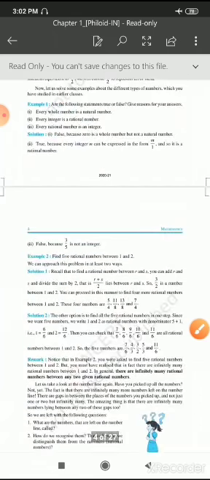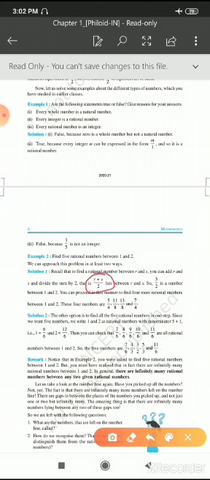And then example 2: find 5 rational numbers between 1 and 2. Here it is a very important concept, finding a rational number between two given rational numbers. If you are given two rational numbers r and s, and you want to find a rational number between r and s, the formula is (r plus s) by 2. So to find a rational number between 1 and 2, here 1 is r and s is 2. So what is the formula?